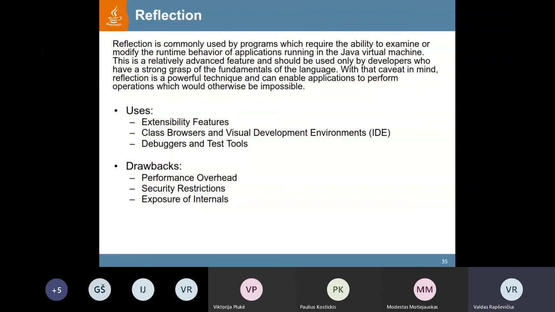Reflection is used in most of the languages and most of the technologies these days. The primary usage for reflection is actually to extend features of a language. So if, for instance, you do not know some kind of a structure, an object, or object features before running the actual application, you can extend it at runtime. You can add something on top of what has already been done, what you have already built up while developing